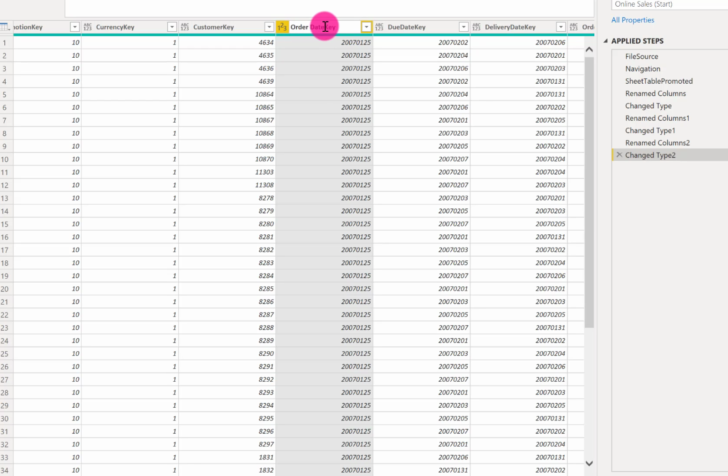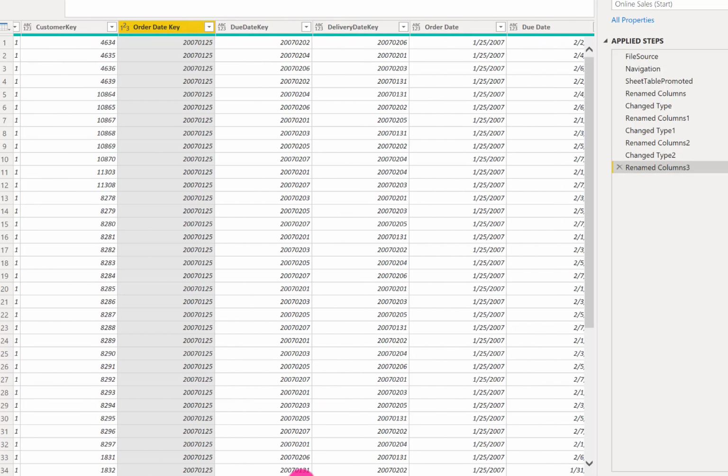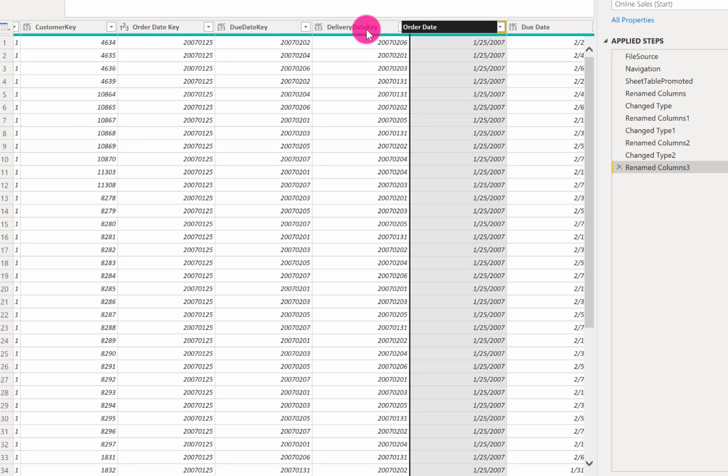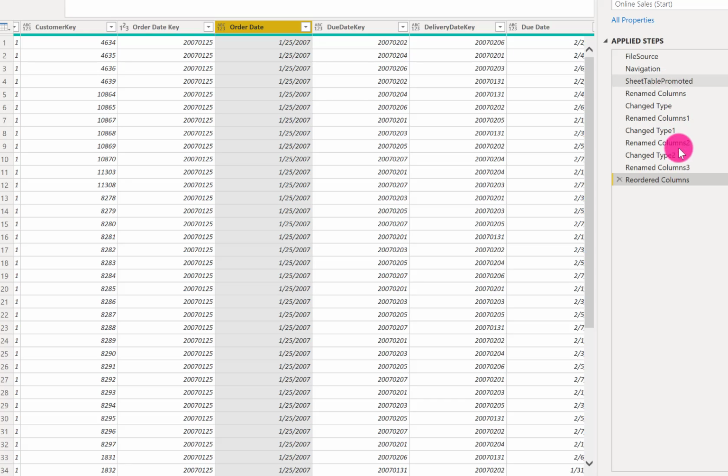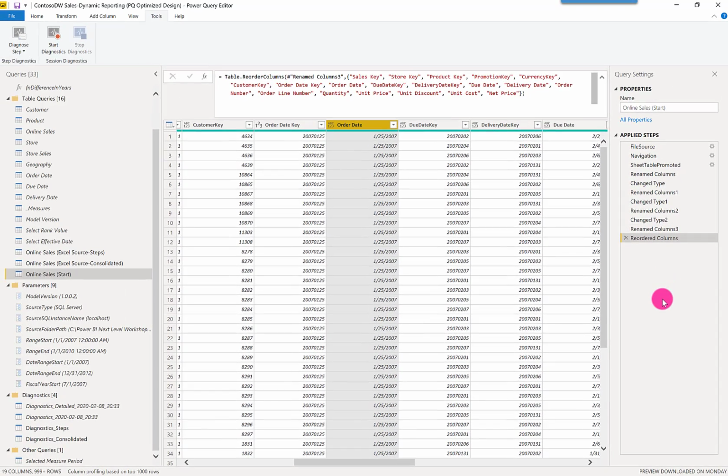And I'll rename this column as well. Also, I have a column in here that has the date value of the order date key. And I want those to sit next to each other for whatever reason. And again, you can see that I'm generating all of these steps, and the tool simply applies these logical but not necessarily intuitive names to each of these steps, putting ones at the end. I've renamed a column here, and I've renamed another column, so it puts a number at the end, renamed column